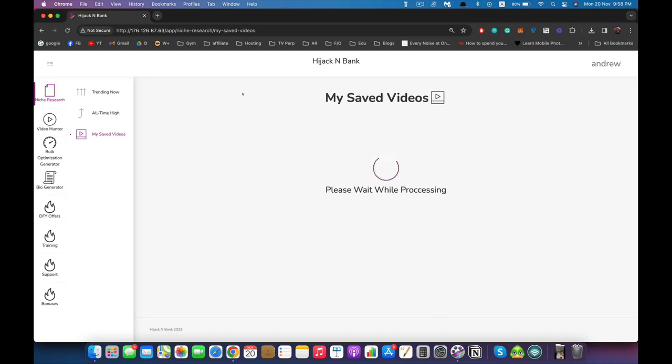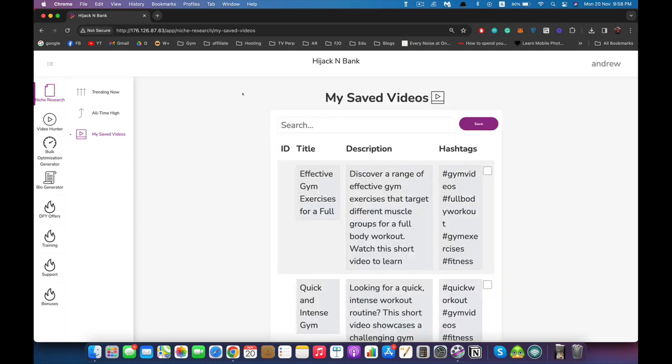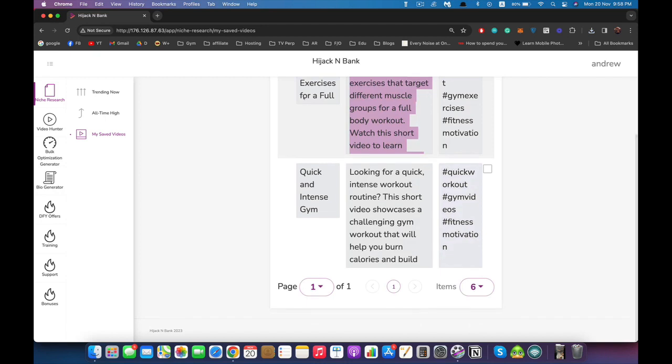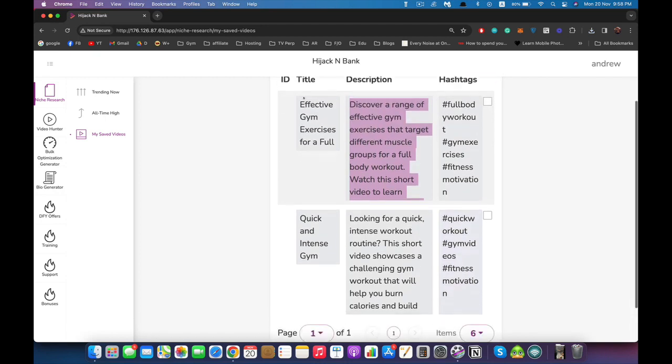optimization right here, it will take just a few seconds, and it will give us all of the information that we need in order to get traffic and so on. And as you can see right here, it gives us the titles that we need to use for the videos, the description, and the hashtags we need to use in order to make sure our video goes viral on